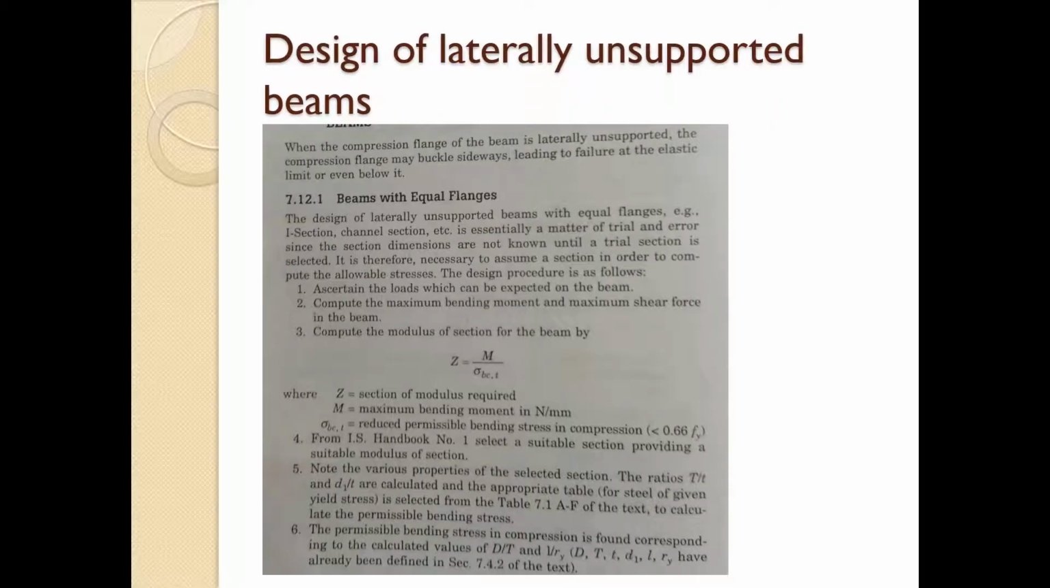So, design of laterally unsupported beam. When the compression flange of the beam is laterally unsupported, the compression flange may buckle sideways, leading to the failure at the elastic limit or even below it. So the design of laterally unsupported beam with equal flanges, that is I section,